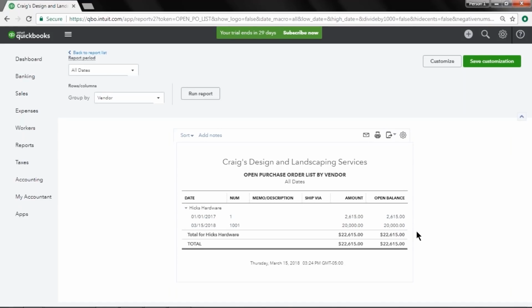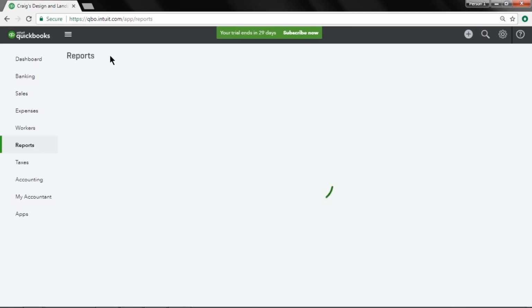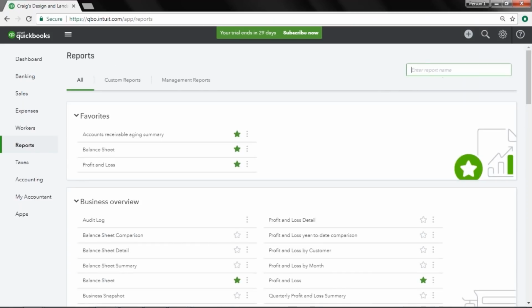So if part of it has been fulfilled, then you're going to see a difference between these two numbers, but it doesn't tell you how many have been fulfilled or anything like that. Basically, this is a way of very quickly seeing all of your open purchase orders without a whole lot of details, which if you have a lot of open purchase orders, is a pretty good report, but otherwise it's not a whole lot of use. Instead, most people tend to use the open purchase orders detail report,